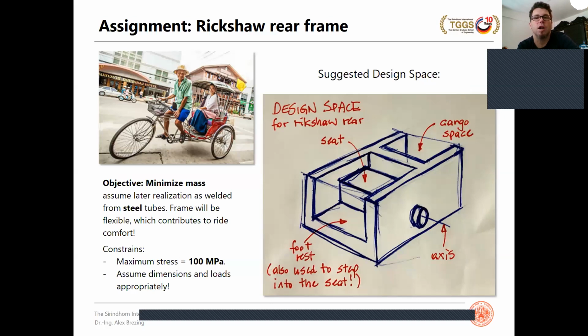of the frame of the rickshaw. So I gave you a hand sketch of how I would define the design space. And that is a very blocky piece of steel. You will use the same material that you expect for the final design. And I would define